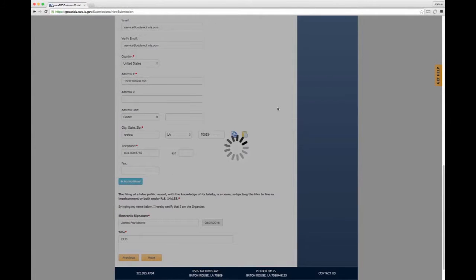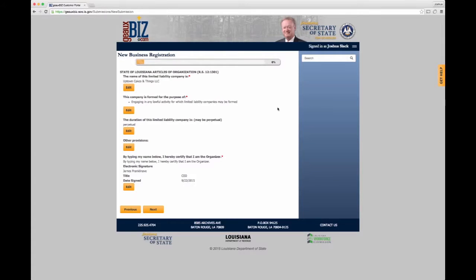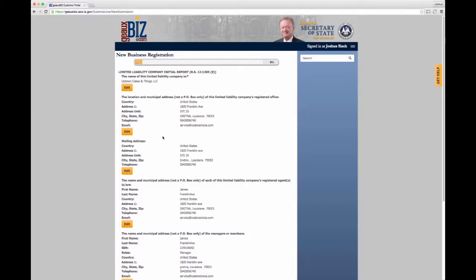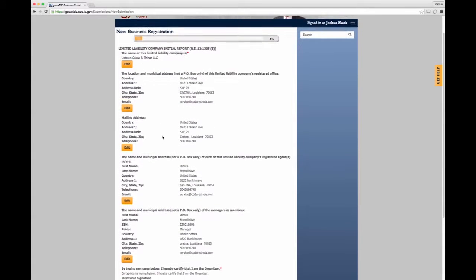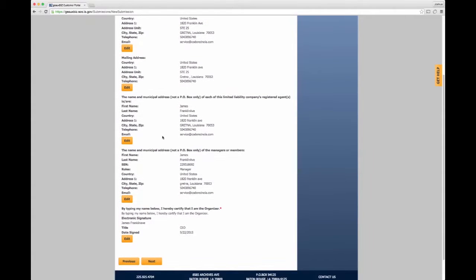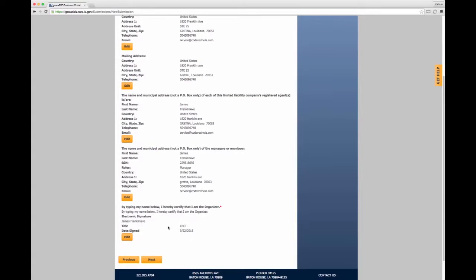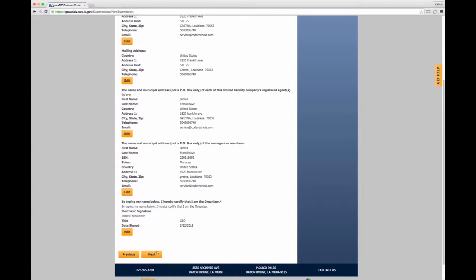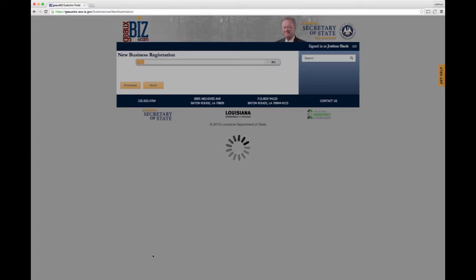This page is simply to review the information that you typed in. Once you've reviewed it, go ahead and click next. This again is another review page. Review the information that you do have typed in. See if you have any mistakes, any information that might be wrong that you need to correct. Correct it now. Click next. And the next segment